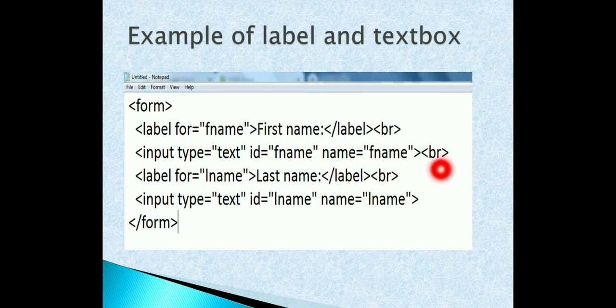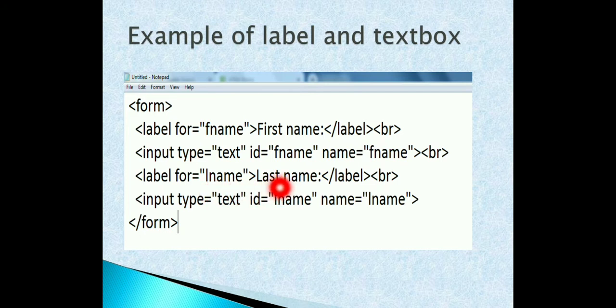After that I have put a line break. This is a label I'm using for which field? I'm using it for this field. That's why I have assigned the for attribute equal to fname. So by assigning the value, I am specifying which text box this label is used for. After that I am defining a second label for lname. I am defining this for this text box. That's why I have written it over there.